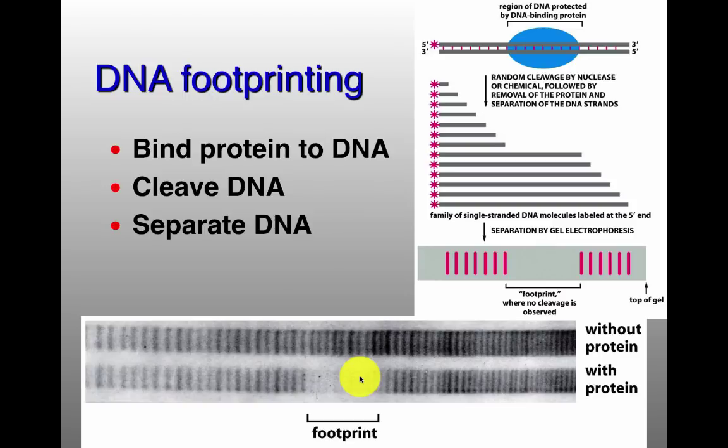Yeah, so the question here, okay, I'm sorry, I misunderstood your question. If you did one of these footprinting experiments with a dimer, would you see two areas which were protected and then one area in the middle which wasn't? It depends on how you do the experiment. If it's a really high-resolution experiment, like they did here, and I'm not going to talk about all the details on how it was done, yes, you would see two separate pieces. You'd see two different footprints. And that's often, in fact, what you see with things like this.